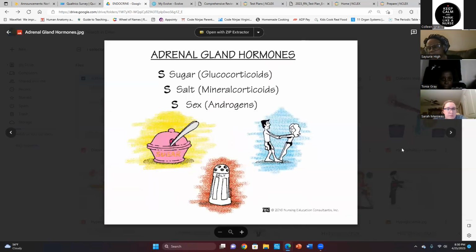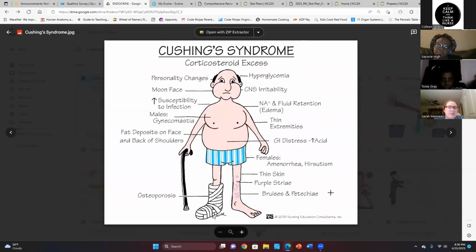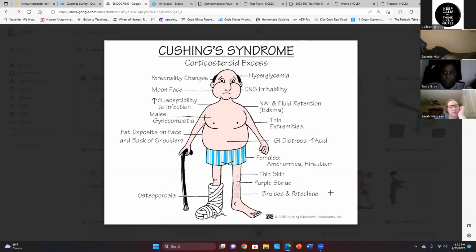Now, we talked about the Addison's lady. Let's now go to my friend, Mr. Cushing's. Excuse me. So Cushing's disease or Cushing's syndrome, this patient has excess. My lady, she had not enough. Addison, think I need to add steroids. Cushing, they have too much. The characteristics of this Cushing's patient, and this is a very memorable kind of image, right? Upper body obesity, thin extremities, moon face, buffalo hump, neck fat, thin, fragile legs or skin with purple striae,